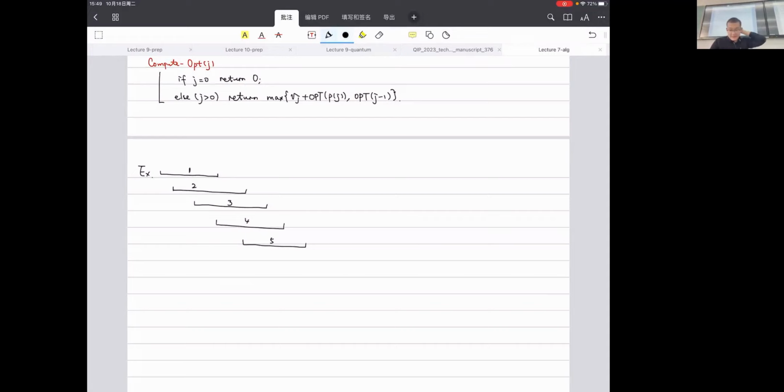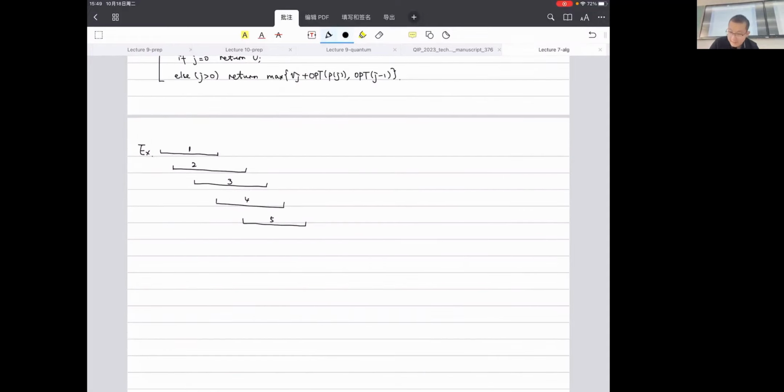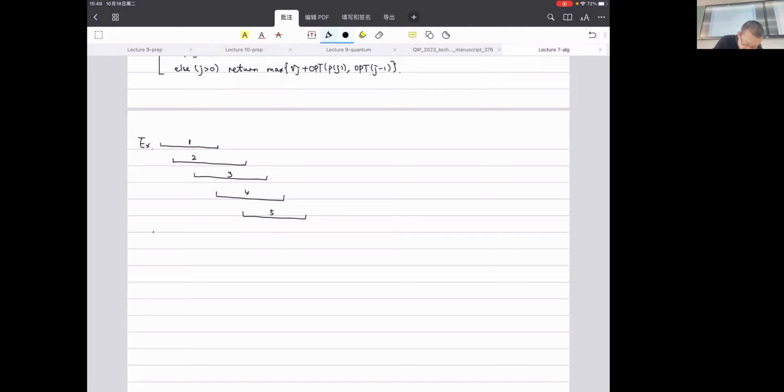So basically for this instance, you can clearly see P1 equals 0. And on the other hand, we know that P2 also equals 0. And basically, on the other hand, P3,